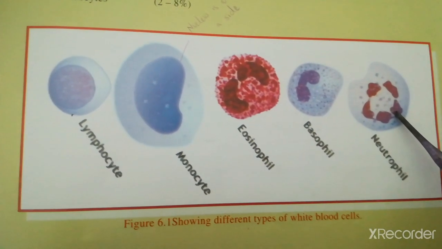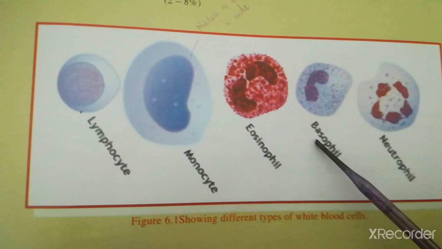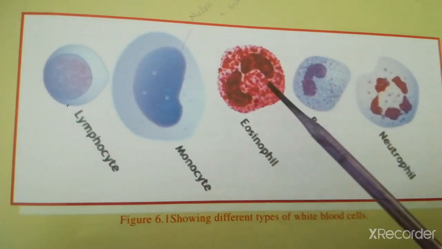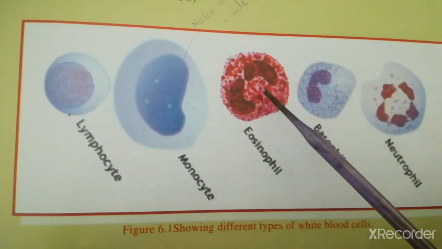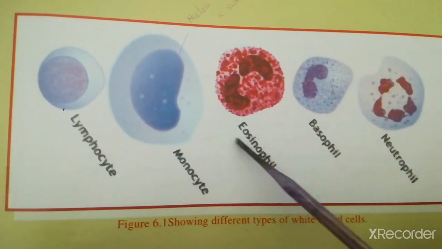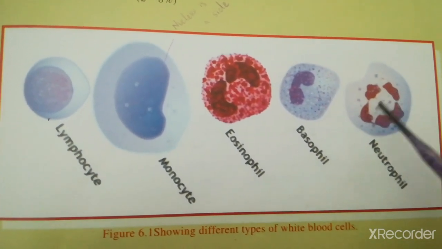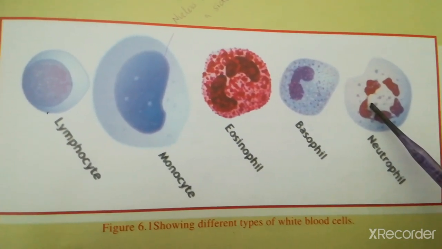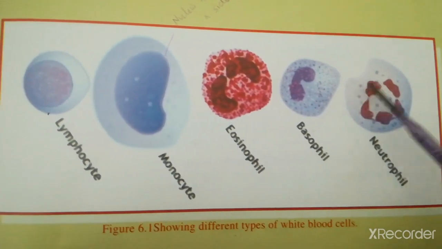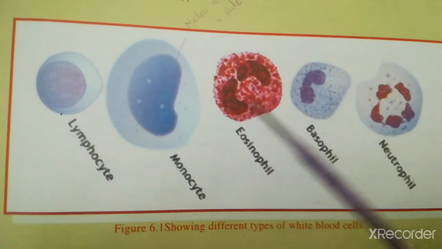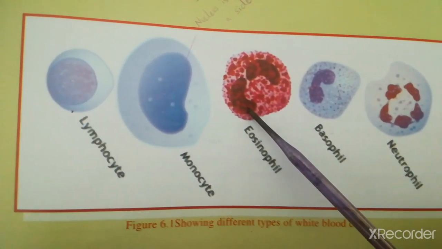As you can appreciate, they are termed as basophils because their granules are purple or blue in color. Eosinophils are termed so because their granules are red or pink in color, as the eosin word means pink color. Neutrophils have both types of pink as well as purple granules. Neutrophils have 2 to 5 lobes of nucleus, while the basophils and eosinophils have bilobular nucleus.